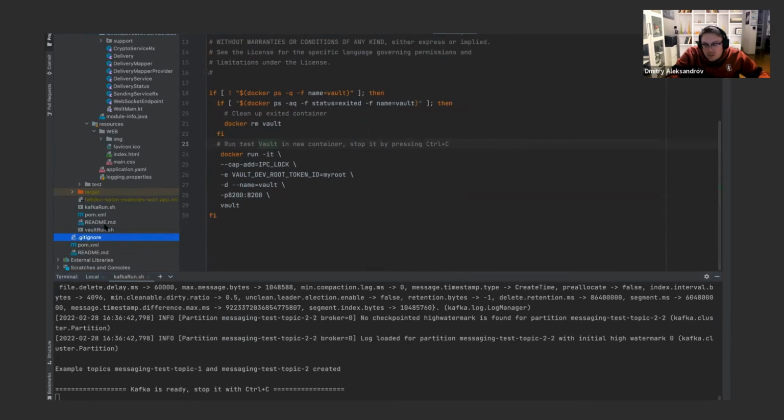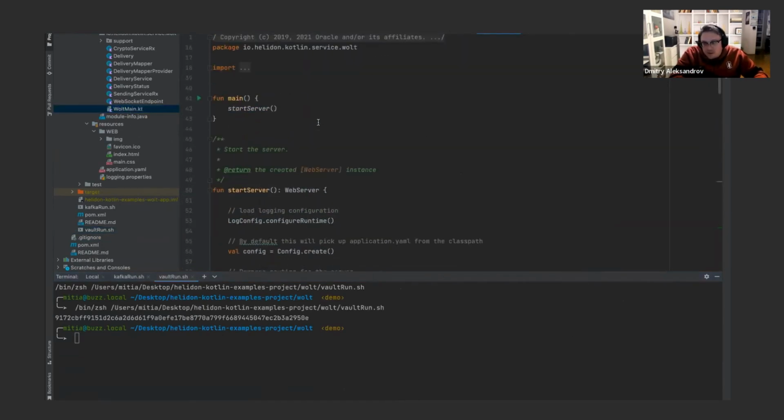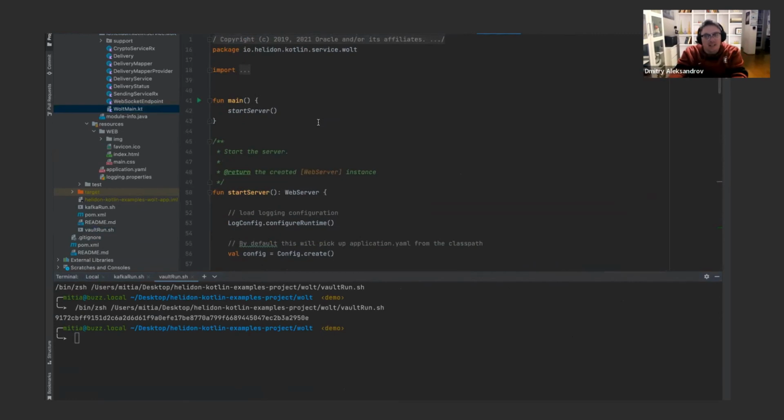It's another image running in the cloud, in Docker. And what we have, we will just go to the main method. You see, it's main. It's nothing magic. It's main. That means that we can easily start it from the IDE,